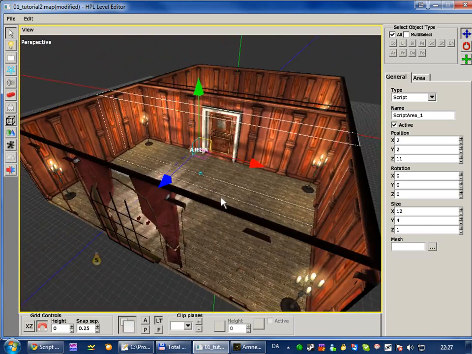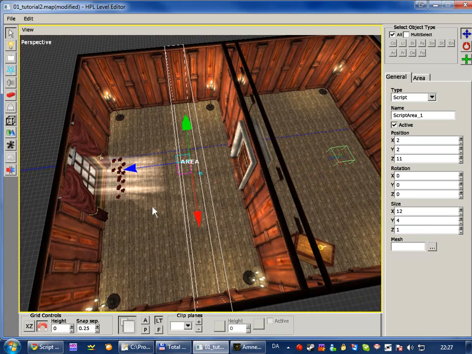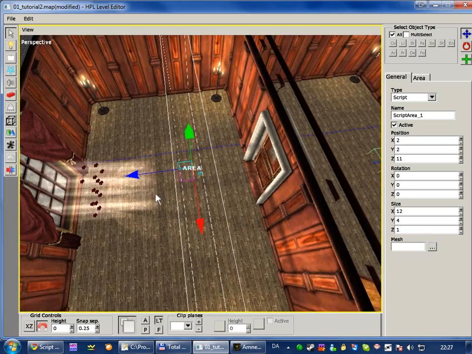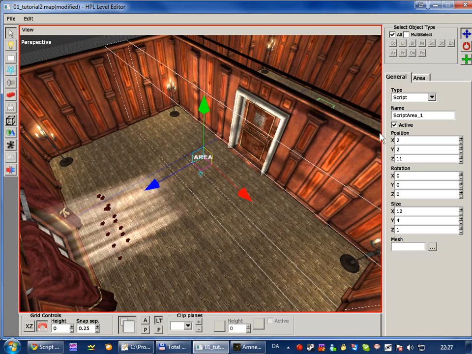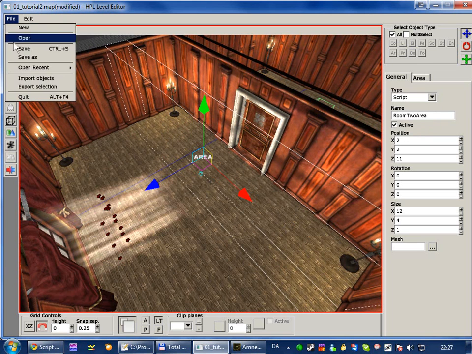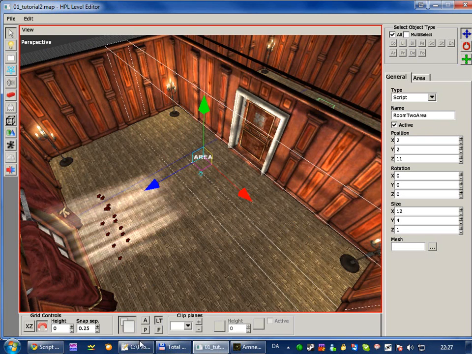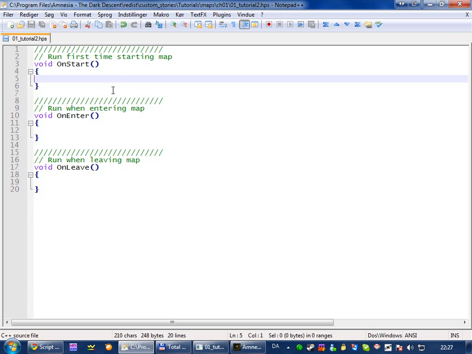So now we've got an area that covers the entire room. So we're gonna rename the area and just call it room 2 area. Then save the map. Then go into your script for the map, and then in the onStart function we're going